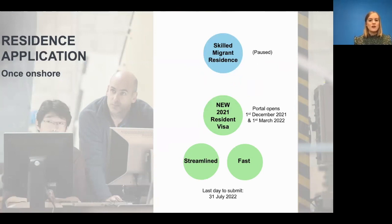So that was stood up basically as another option, one, to clear some backlogs which immigration had with residence processing across a couple of categories, and two, as a streamlined and fast option for people who have either come or who are coming into New Zealand prior to the 31st of July 2022 as critical workers. So that covers things like, as Fabian said, healthcare workers, teachers, people coming in to work on major infrastructure projects,